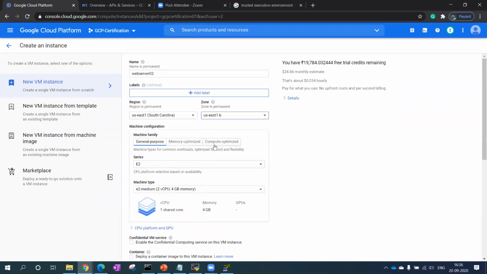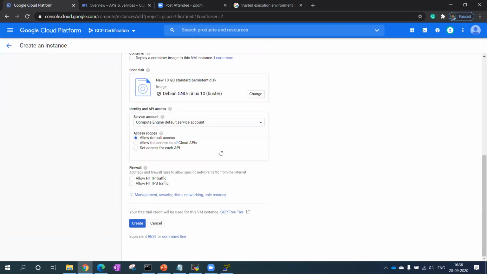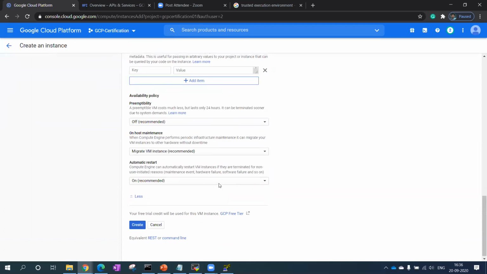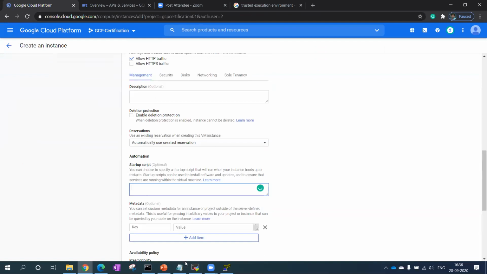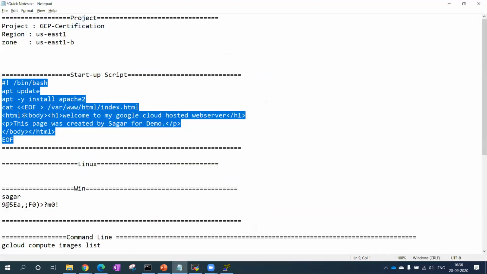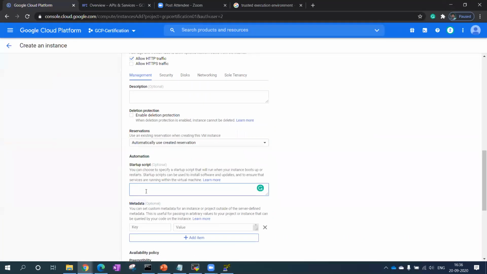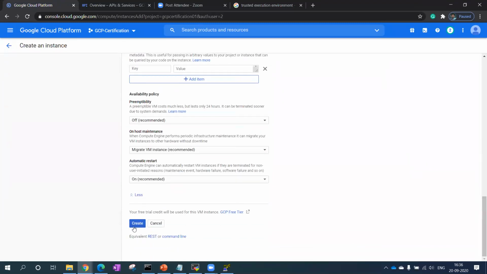Let me go to the HTTP, then management, and I have to put the startup script which I have taken from the notepad. This startup script will launch one Apache site inside my VM. I want to show you that. Create.